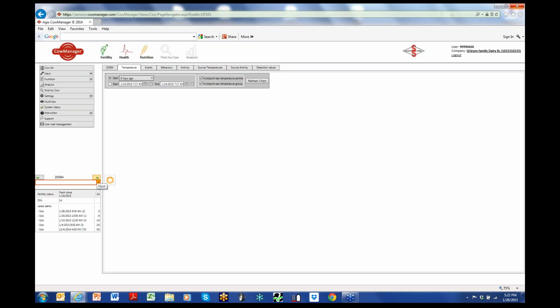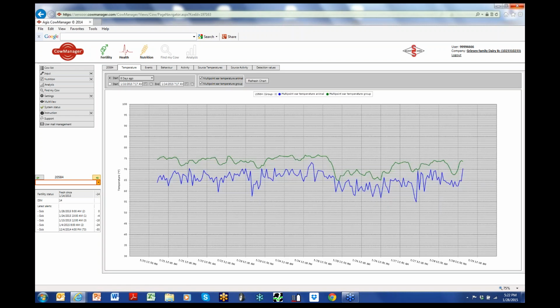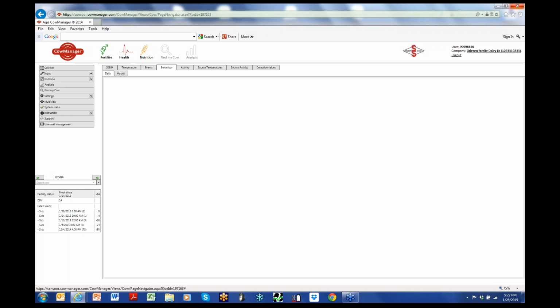We'll look at her temperature first. Now, not all these cows had a temperature alert, and this cow doesn't. You can see how the blue line parallels the green line. It's not exactly on top of it, but you've got to remember the green line is for the 600, almost 700 cows, and the blue line is for that individual cow. So this cow does not have a temperature alert. If we go to her behavior,